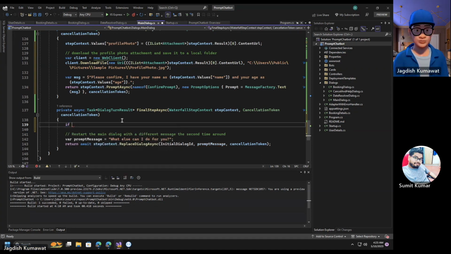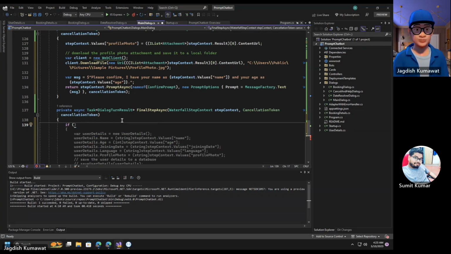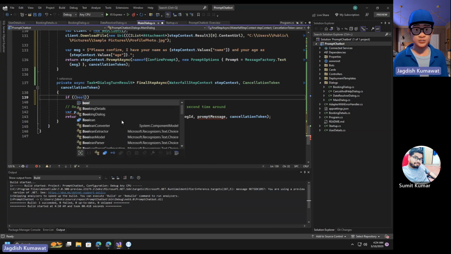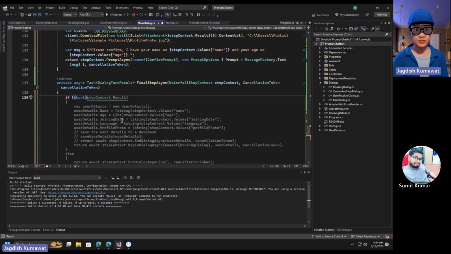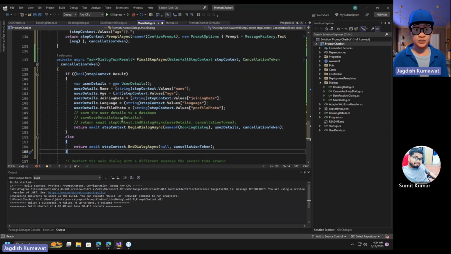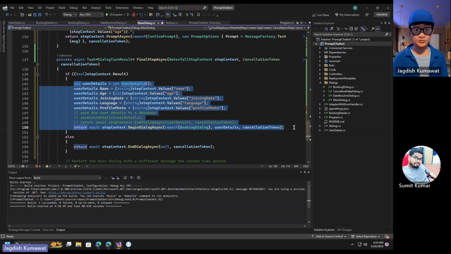If Boolean, since my response will be in Boolean, and there we have. So if the response is true, that means if user has clicked on yes, that I want to confirm my details, then it will come here in the if condition. It will store all the data and it will just end the dialog. So we need to end the dialog